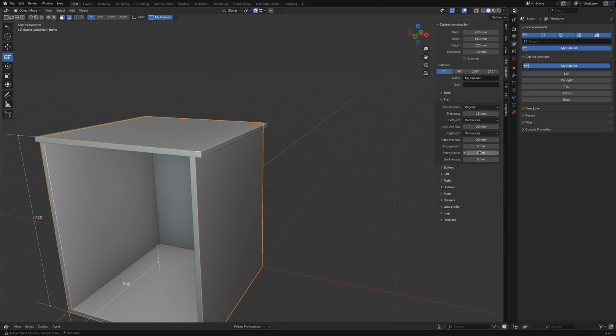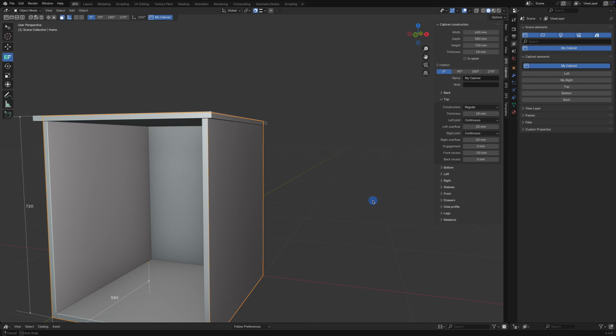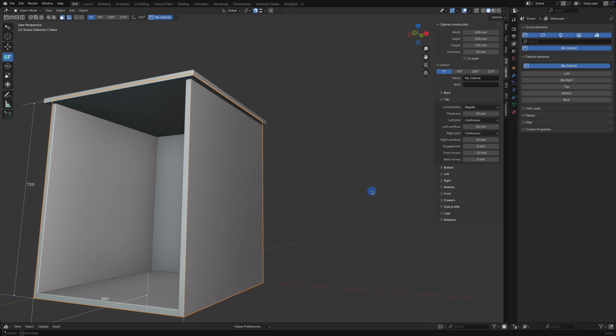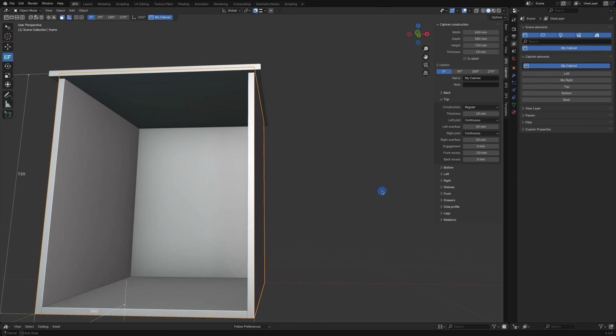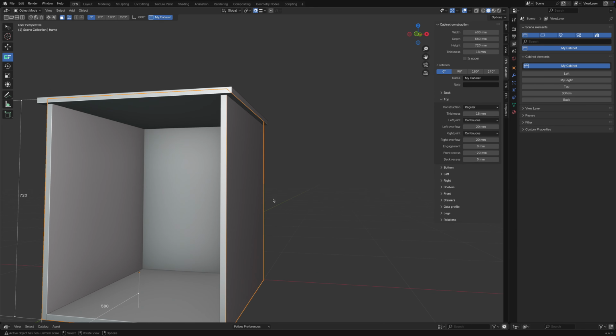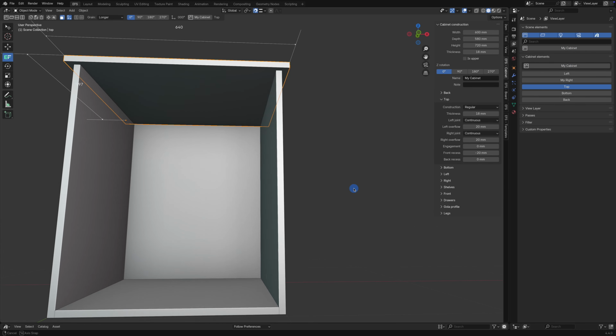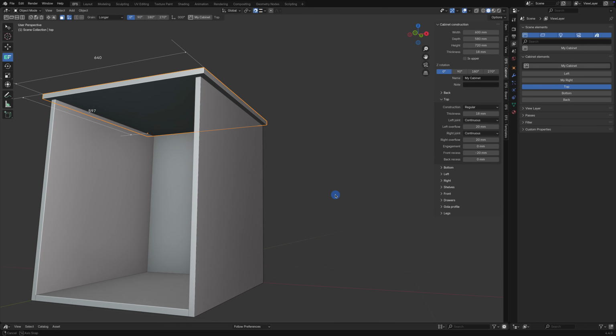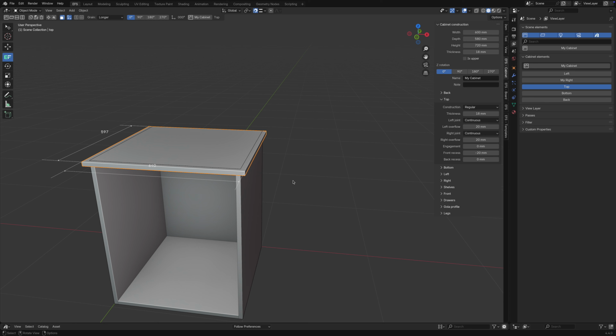Set the front recess to a negative value, like -20 millimeters, to extend the top forward. This produces a cabinet with a top that overhangs all sides. Important to note, when using overflow, the extension goes beyond the cabinet's stated dimensions. For instance, a 600 millimeters wide cabinet with 20 millimeters overflows on both sides will have a top panel that's